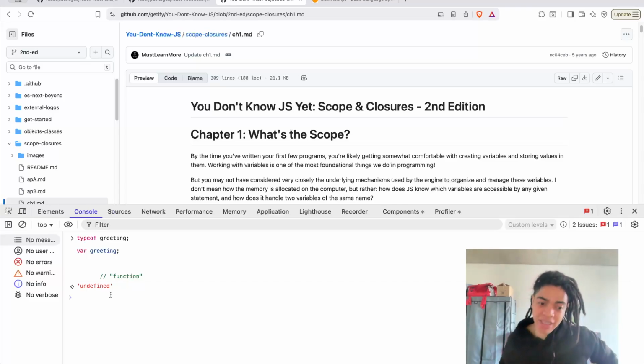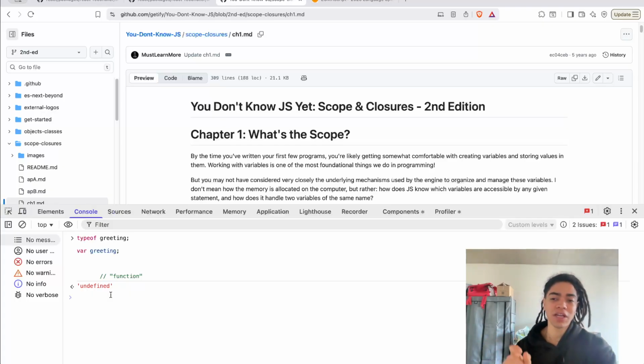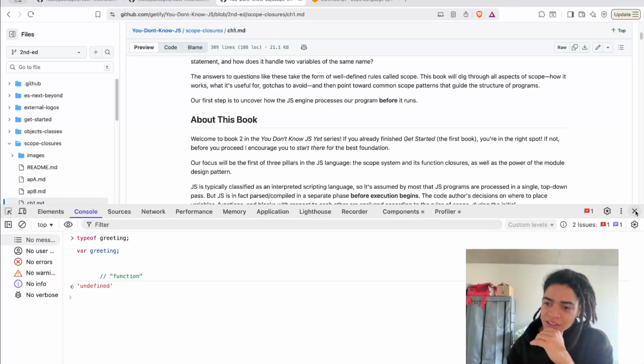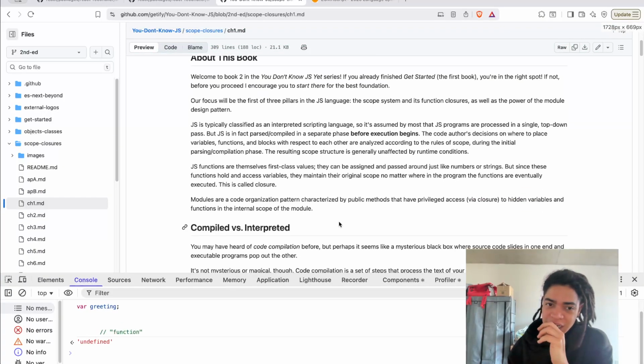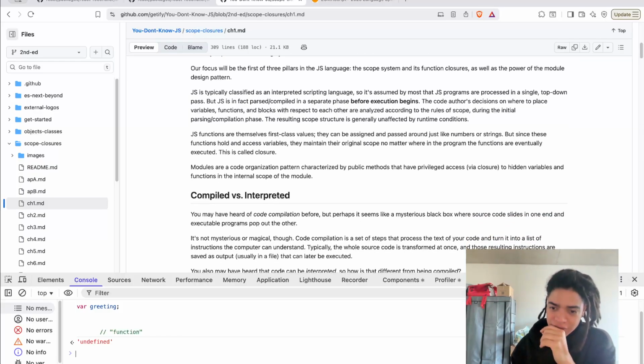So JavaScript is saying, hey, if I have a reference of the same name, and one of them is a reference of a variable and the other is a reference of a function, I'm going to give priority to the function. This is why JavaScript says that functions are first class citizens, because it is analyzing stuff.